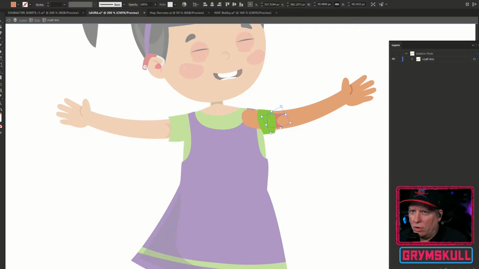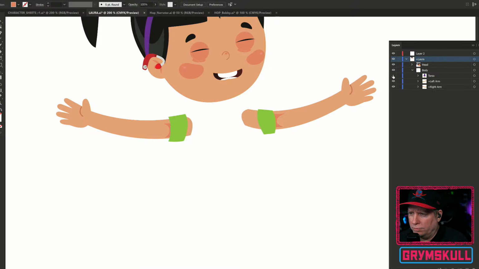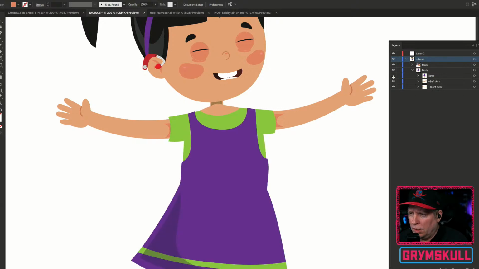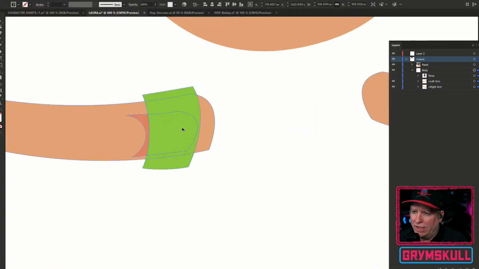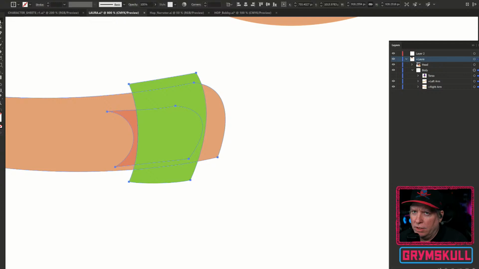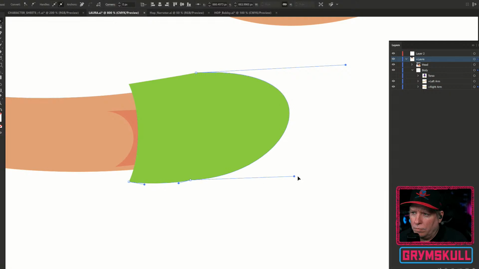All right, so we have these, the arms. Now, one of the things I need to do with the arms, I said let's hide the torso. Where did the torso go? I'm going to hide the torso. I need to create this so that the sleeves go up behind. So the easy way to do that is to use the direct selection tool and just move these anchor points up like this.